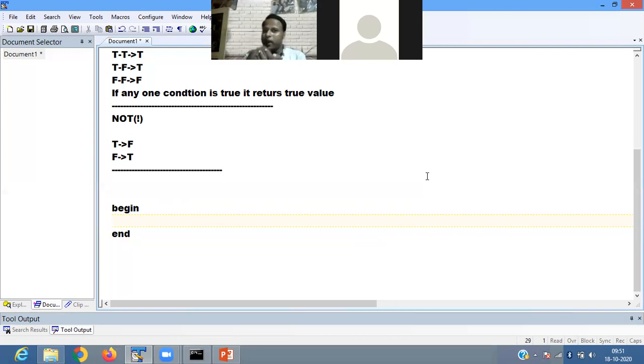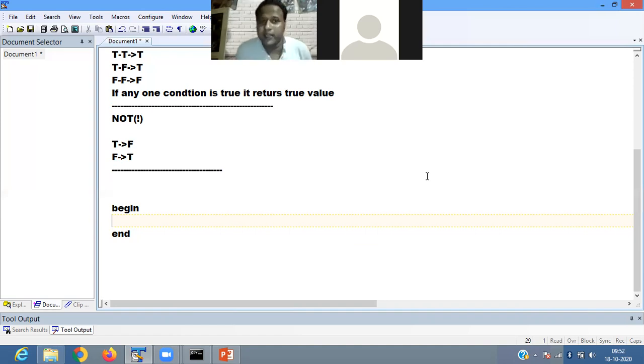For defining what type of value will be stored, we define the data type. So how many data types are there? Yes, two data types. What are they?